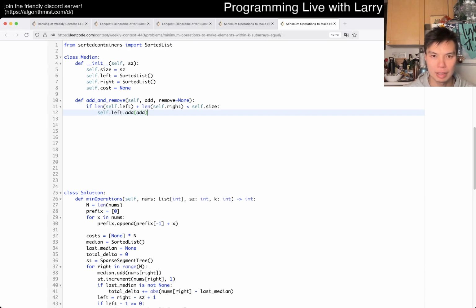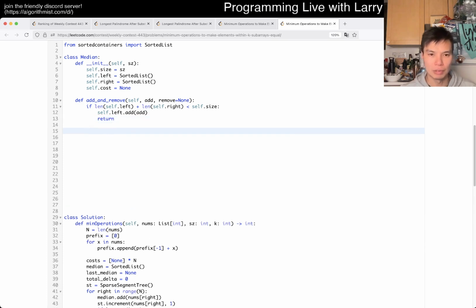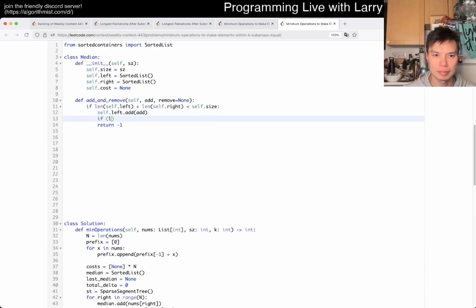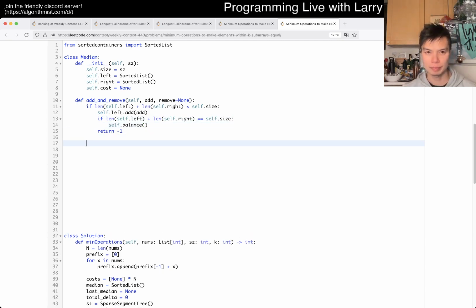Just put everything on the add side, because there'll also be no removal by definition. Otherwise, then now we balance for the first time. Otherwise, then now everything is balanced, so we want to add